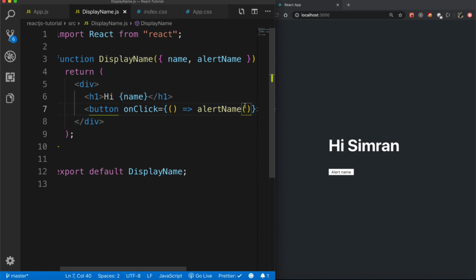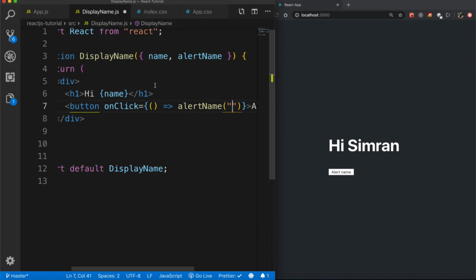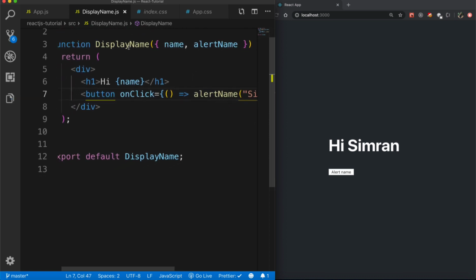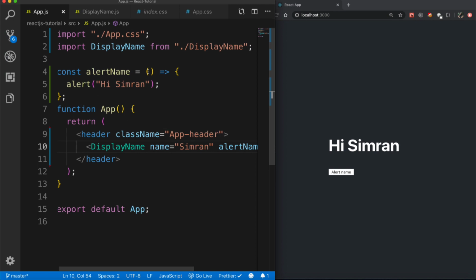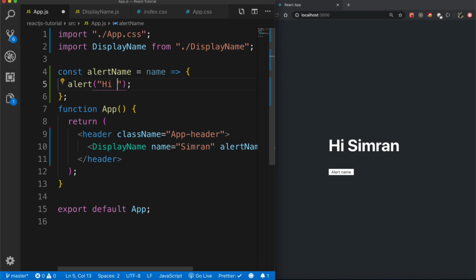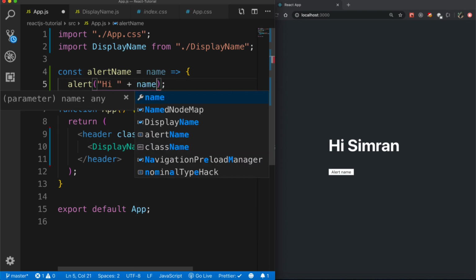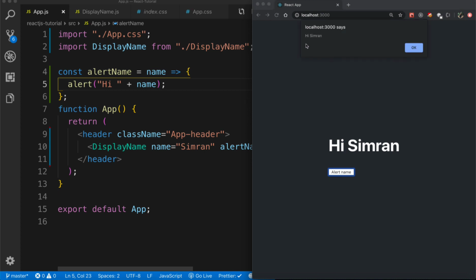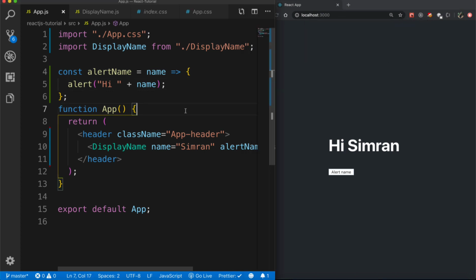And let's say we want to pass the name from here instead of hard coding it inside our parent component. So let's say alertName will take my name as the parameter. So let's go and change that in app.js. The name is going to come as a parameter, and here I'm just going to log my name coming from the parameter. So let me hit save on this one, and now let's give it a try. It didn't make any call on component render, and when I click on alert name, it's going to again alert my name. So this is the way for you to actually pass a function as a prop.